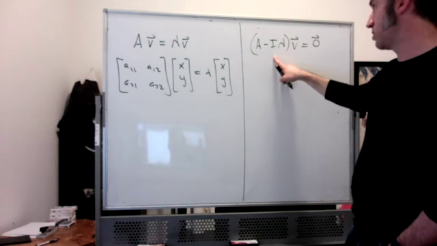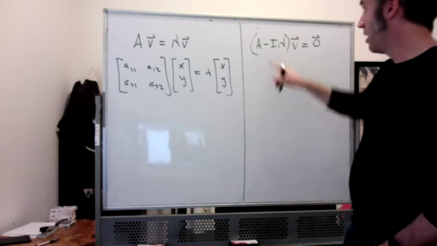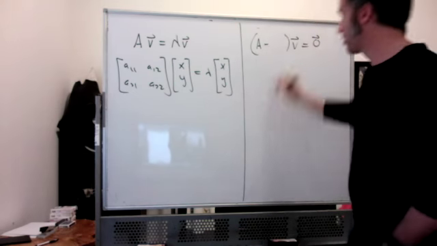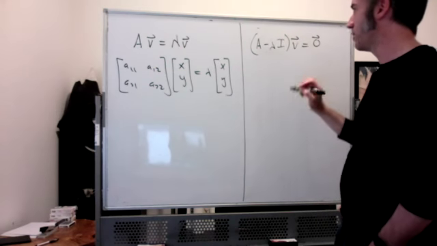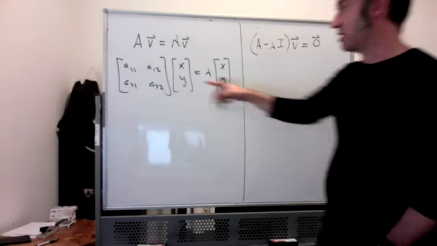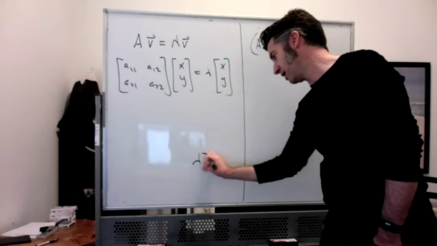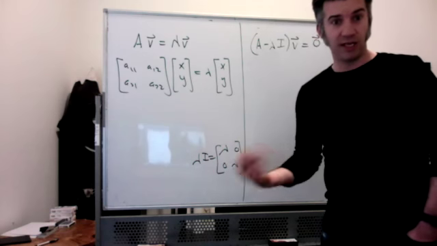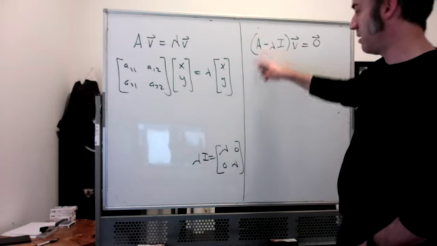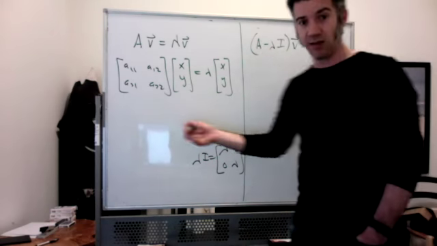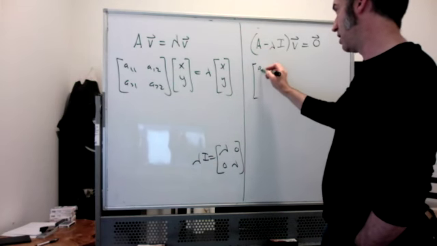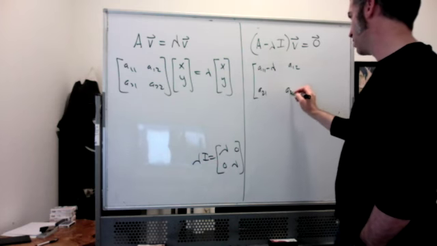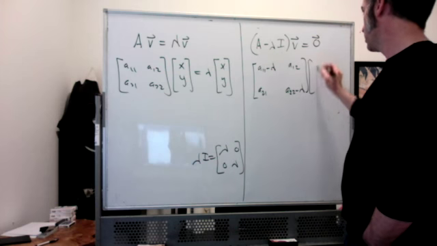And doing it this way, I'm going to say this a few times, A minus, I should write lambda I now. It doesn't really matter, but we usually write the coefficient lambda in front of the matrix I. Lambda I is just that matrix there. Lambda is on the diagonals, 0 everywhere else. So A minus that matrix, you're just subtracting lambdas on the diagonals, and you're getting A11 minus lambda, A12, A21, A22 minus lambda, times x, y,